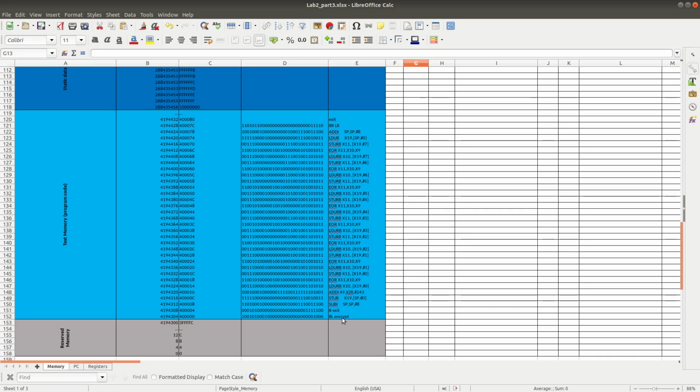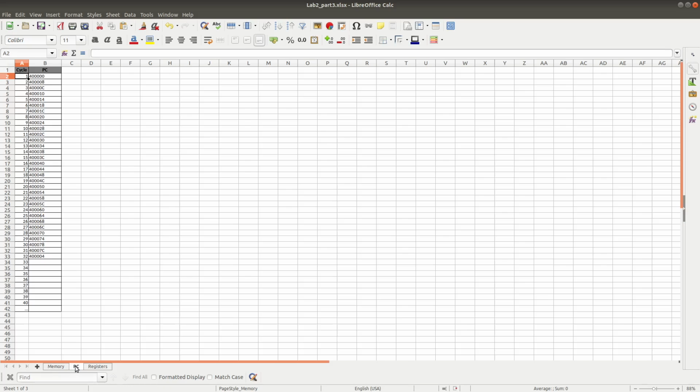So after execution of this instruction, the program counter will change to 40008 instead of 40004. So here the program counter for cycle 2 will be 40008.